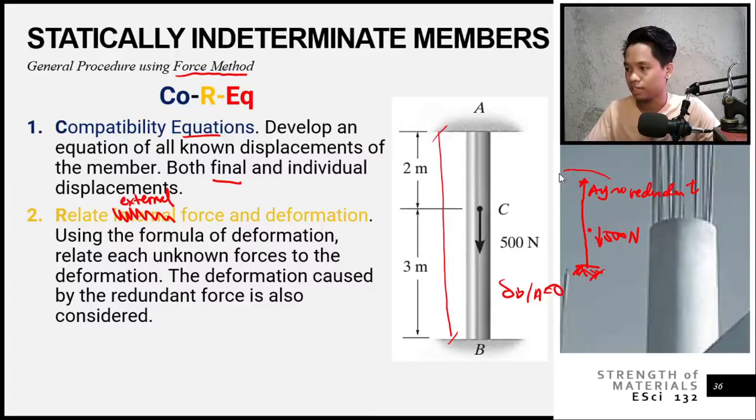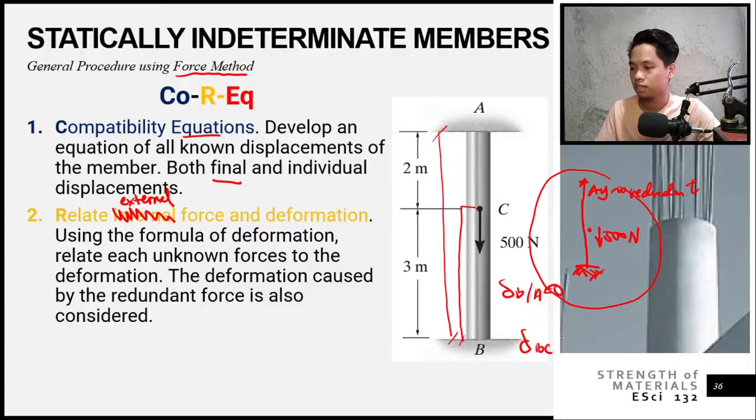Since here we have only forces, again, we did not cut a section here, just pure external forces. We have two external forces, we have AY and we have the 500 Newton. For the 500 Newton, we can get the displacement of BC, right? The displacement of BC is equal to 500 Newton multiplied by the length, which is 3,000, over area and modulus of elasticity, which is constant. Therefore that would be equal to 1.5 times 10 to the 6th, or 1.5 million,